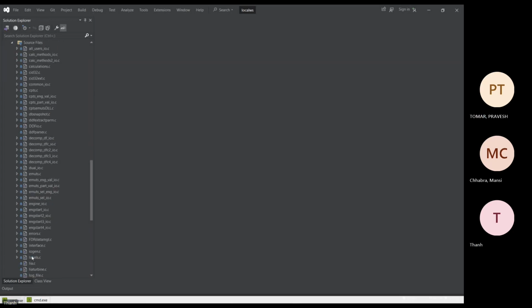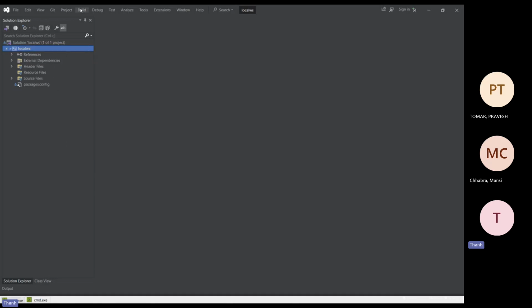So these are the source files. They're under source files, and these are header files. So once you have that set up,